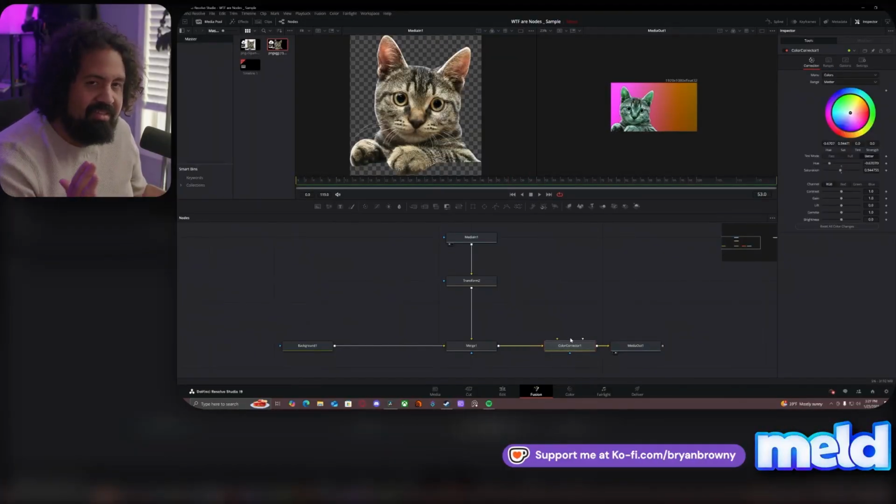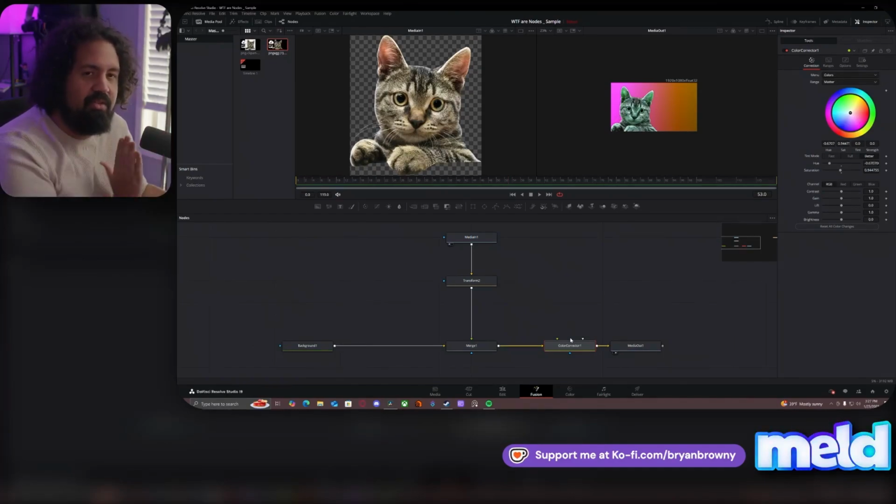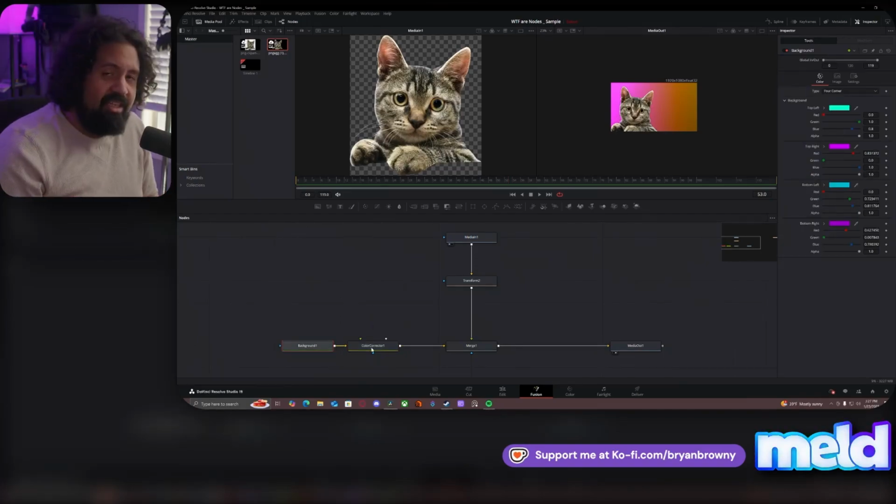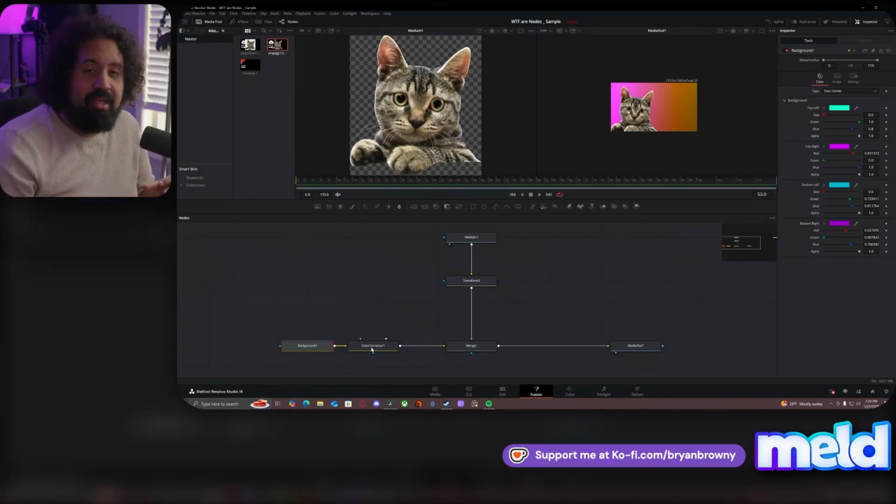Everything that happens to the left happens in that order, from left to right. If you put something to the right of every node, it's going to affect all of the nodes. If you put something in a spot where you limit it to just what's happening on the left, it will affect simply the left nodes. And that's essentially how nodes work. You're going to be putting things in a specific order and connecting them in your pipeline. So your main pipeline is going to be